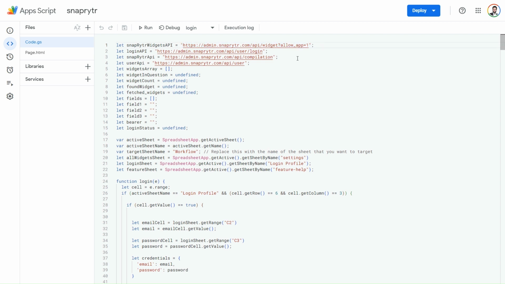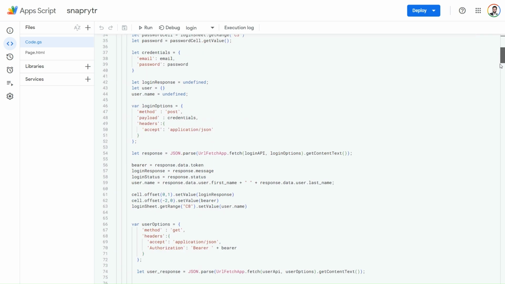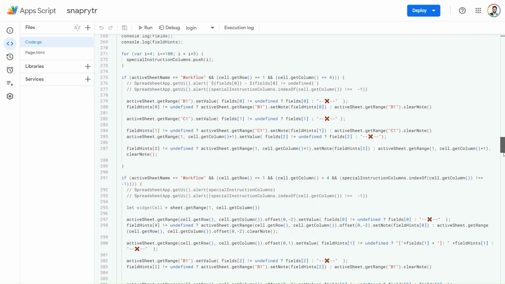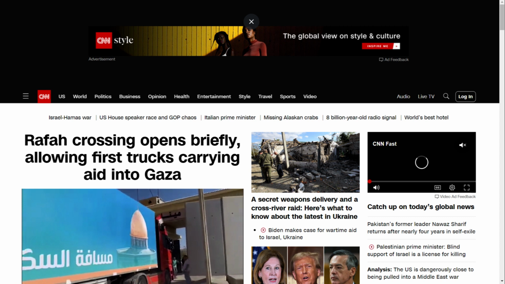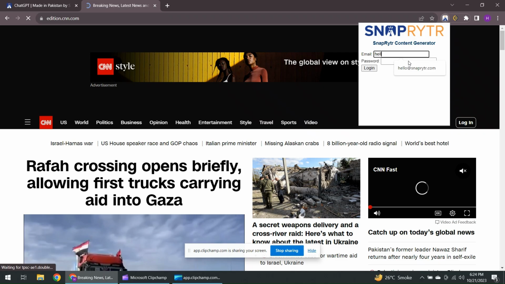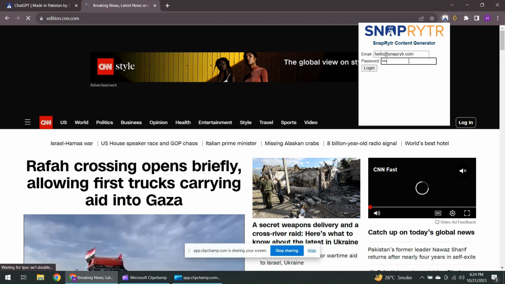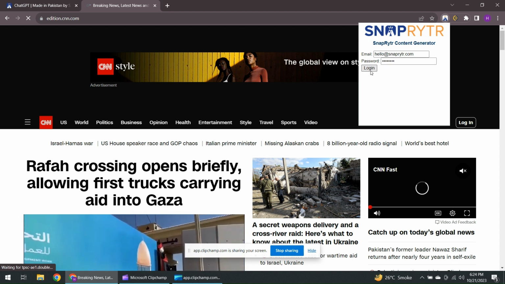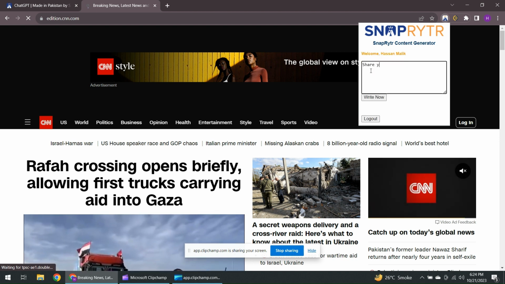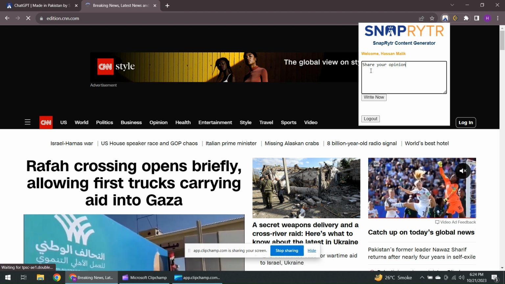Similarly, you can also use SnapRytr's API to build a Google Chrome extension that works for your use cases across all the websites. Let's see this one in action. For example, I open this website called CNN.com. Now, I open my extension and make sure I am logged in. Now, I ask this Chrome extension to create a small news item with its own opinion about how the latest